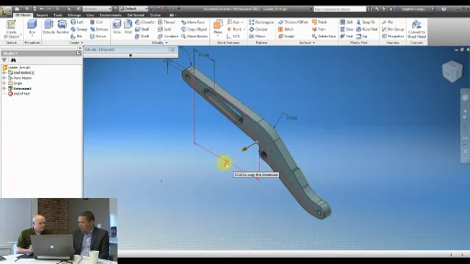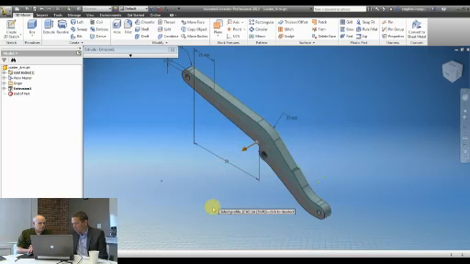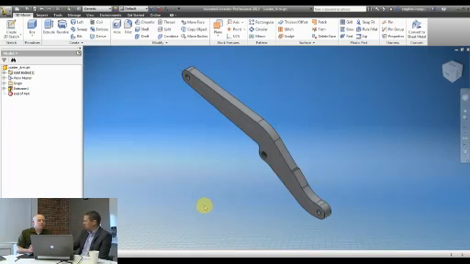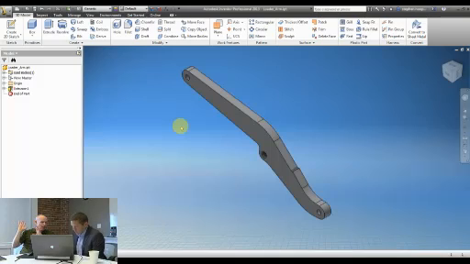So firstly, the great thing with a parametric model is that we can just go back, make changes to the original model, and it all updates. So you just got rid of that hole that would have taken some of the material out and saved us money. So we're putting a little more material back in, but we've added strength. We're increasing the performance. So now this drawing file gets sent to me. Here I put it in my cloud account, and now I want to update my documentation. Do I have to manually run it again?